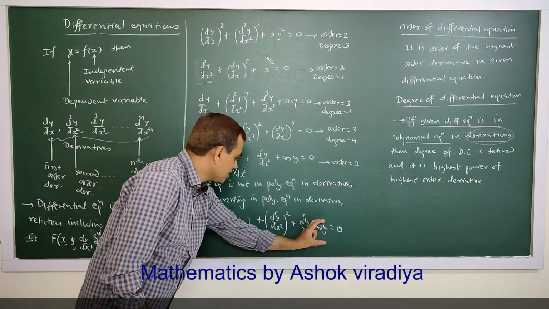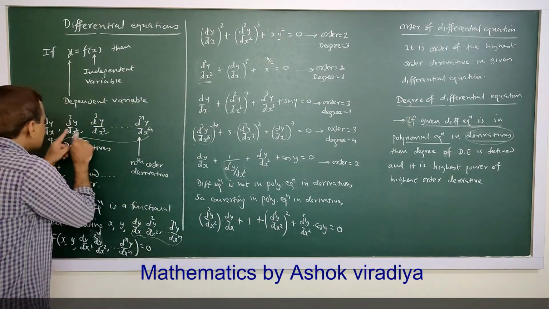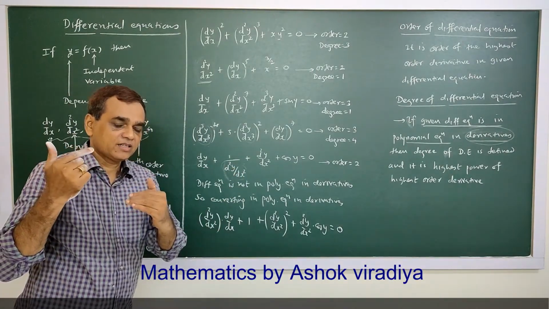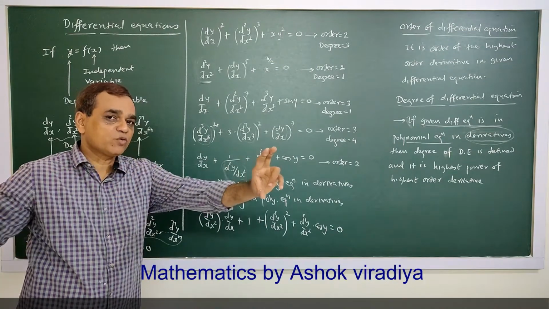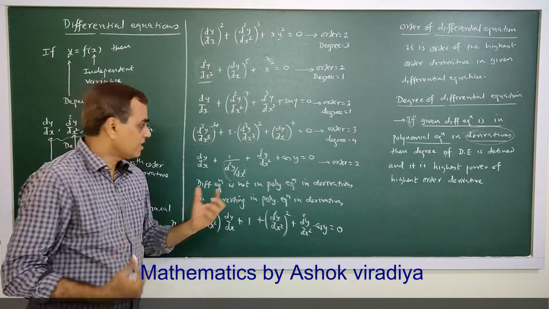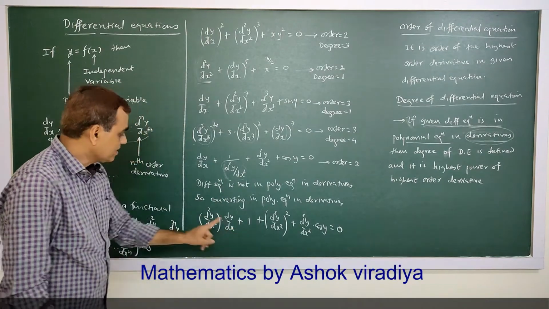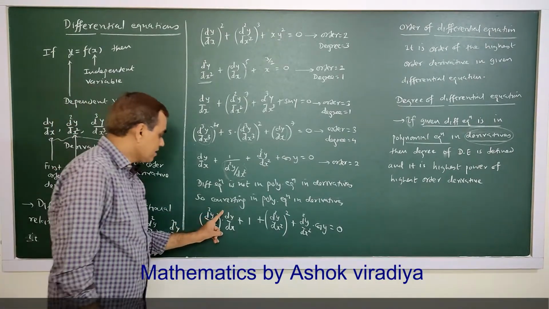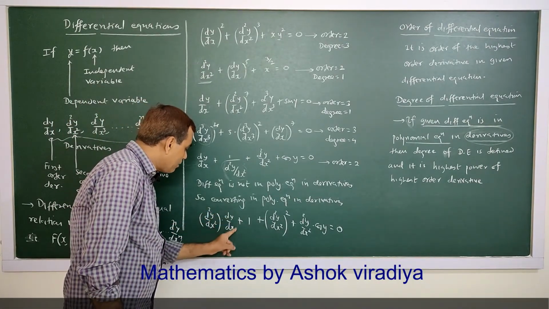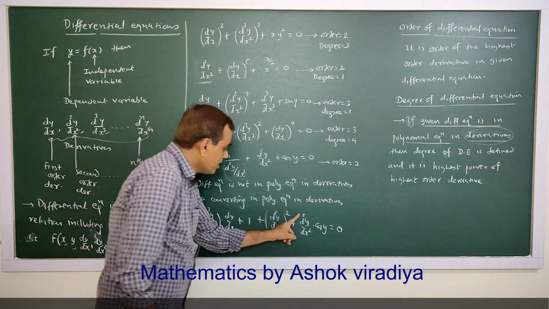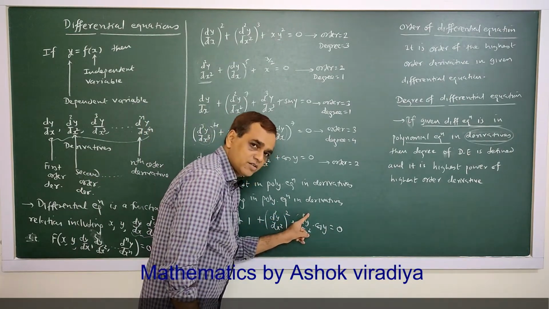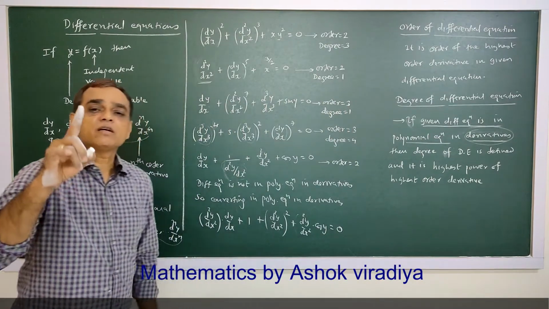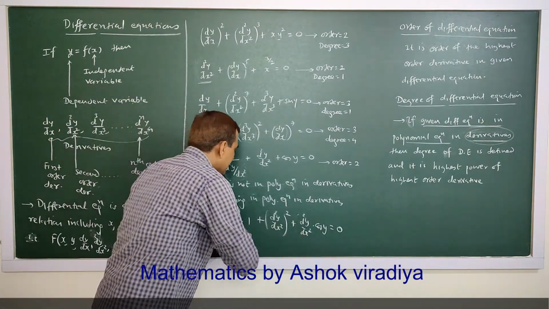And now look at this equation. If any derivative term is in the denominator, we can remove it by multiplying the given equation by that term. So the denominator can be removed. And now look at this. This is a second order derivative. Its order is 1. Here power is 1. Here power is 1. Here power is 2. Here power is 1. So all the derivatives have positive integral powers. So this is in polynomial form.